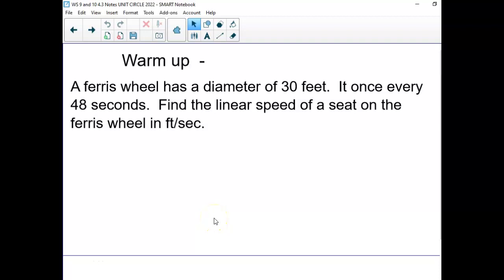All right, so today's warm-up problem is just another angular linear velocity question, just to remind you what we did